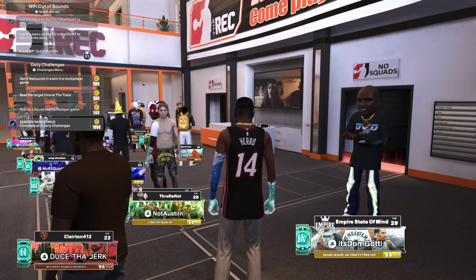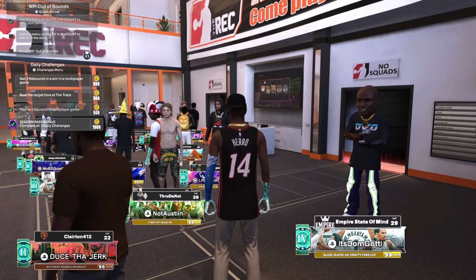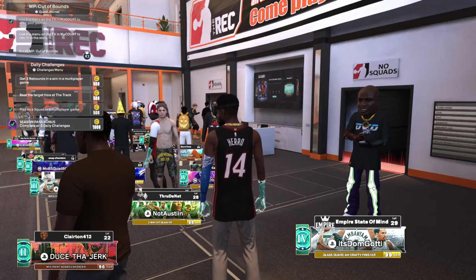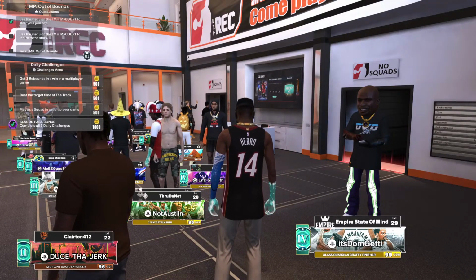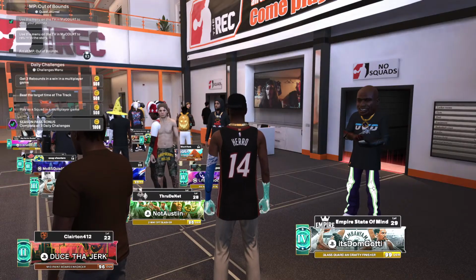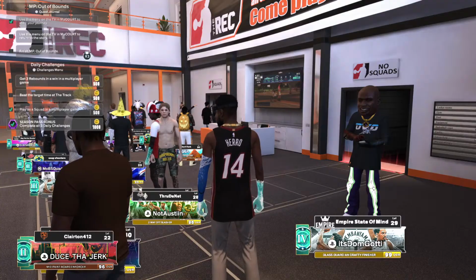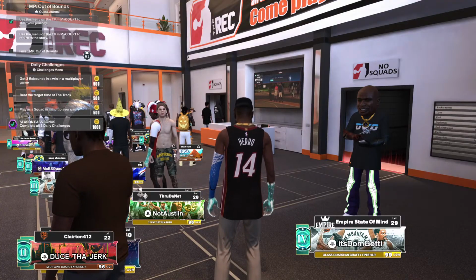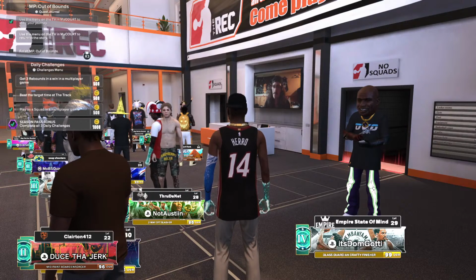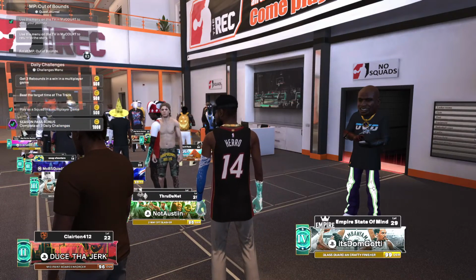Make sure you're getting your double rep daily pack from the big screen in the Triple Threat Park in Sunset Beach. Been really helpful to my grind is they added dynamic goals or dynamic players, which you could get from base packs, 18K packs, any type of pack in the pack market. Make sure you're taking advantage of all the double reps. You're opening your pack every single day, and just make sure you get your double rep, because that's what's really going to make that grind seem quicker and faster. We'll be watching. Get out there and work your way to becoming one of the best in My Team.